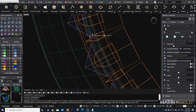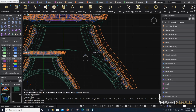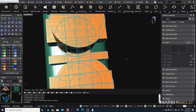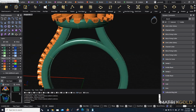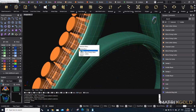So let's shrink this a little bit. Or even the cutters. Let's say I did this and I actually didn't want these to be micropave cut. I don't have to use these cutters. So I can do, let's say, delete these. Oh, or not delete these. All right, yeah, delete these. So this is just undoing the mirror I put here. But if I got rid of certain cutters,